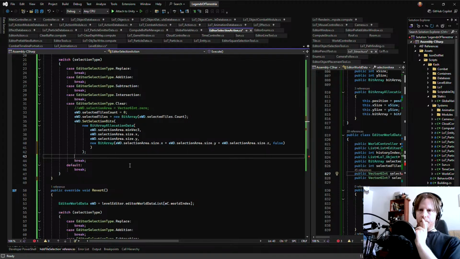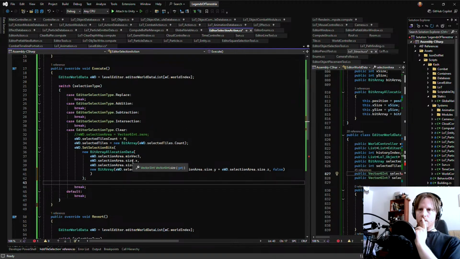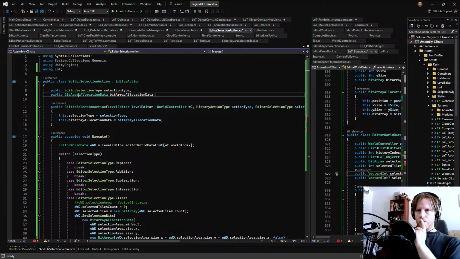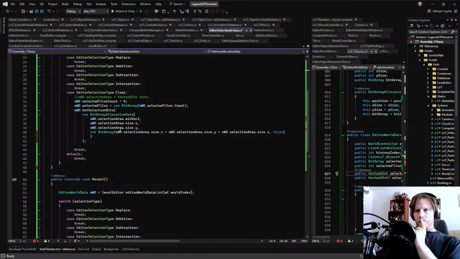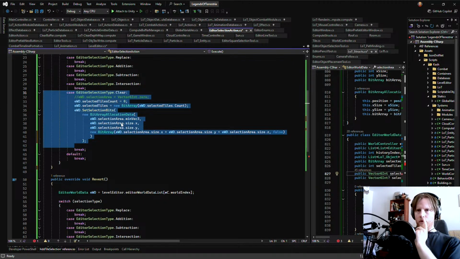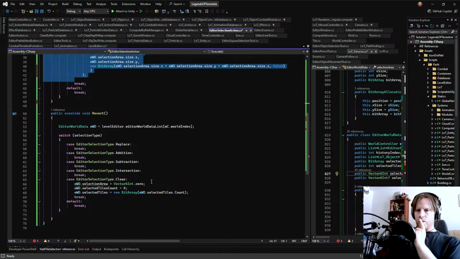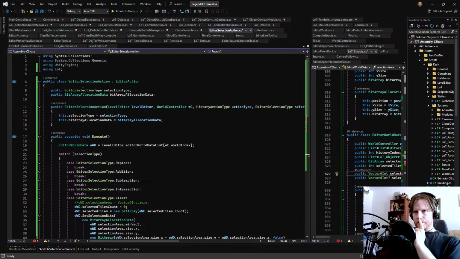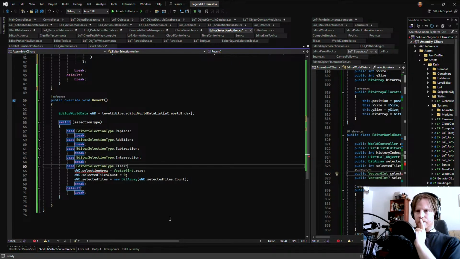But the clear function should store the previous snapshot of the selection data, so that here, when we execute it, we just clear out the current selection, and when we revert it, it contains that snapshot so it can reset it. Basically.